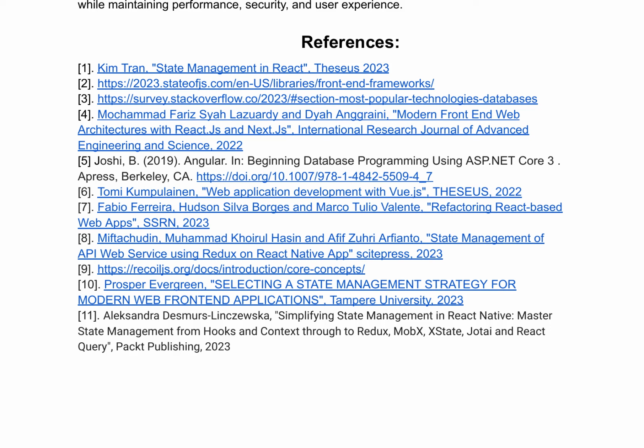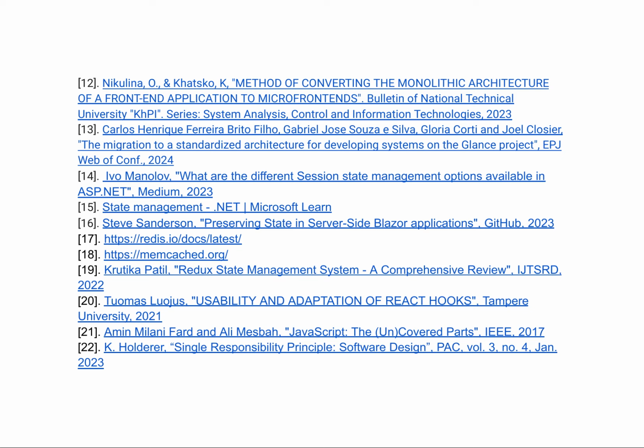The industry adoption of a particular technology and technique of ASM is also important, considering factors such as community support and market adoption alongside complexity of implementation. Addressing these challenges is crucial for the continued evolution of ASM, ensuring developers can build sophisticated applications while maintaining performance, security, and user experience. The literature review highlights various studies and references related to ASM, including state management in React,